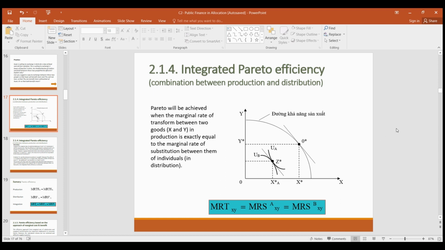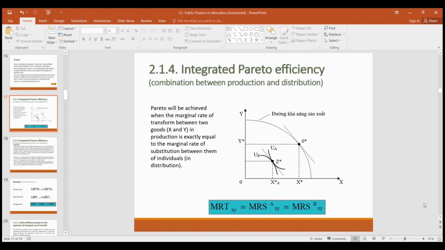From production to distribution is a continuous and interdependent process. In this process, the demand for products determines distribution, and in turn, distribution determines production. As we have seen above, if we only consider each sector separately, there are countless options for efficiency in production and also countless options for efficiency in distribution. However, resources allocated to production are limited, so allocating resources in production must be synchronized with efficient conditions in distribution.